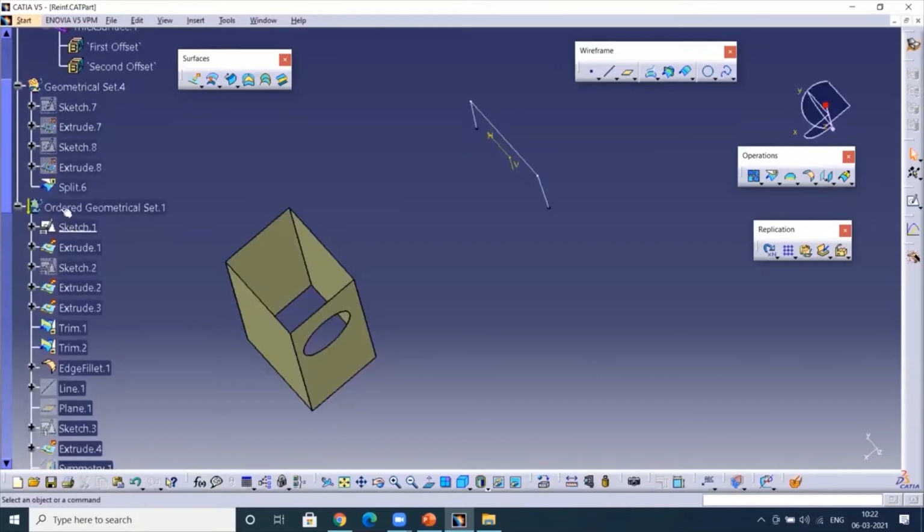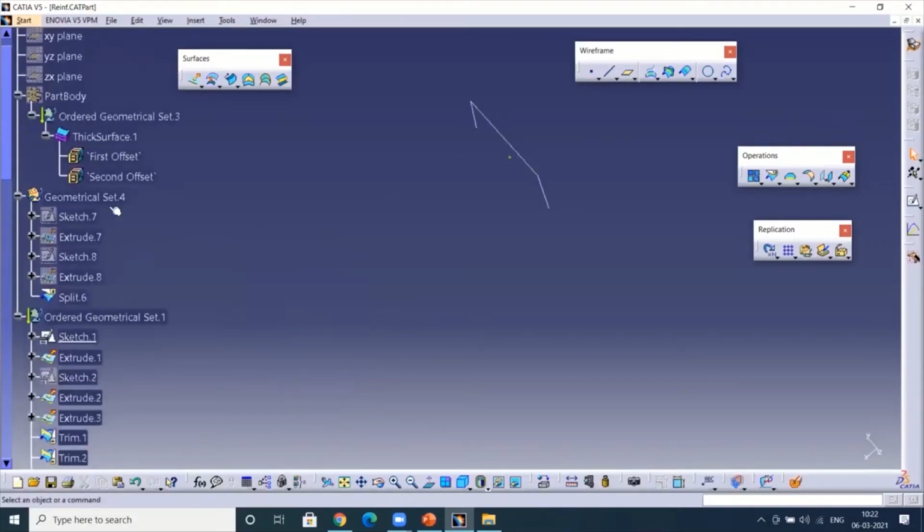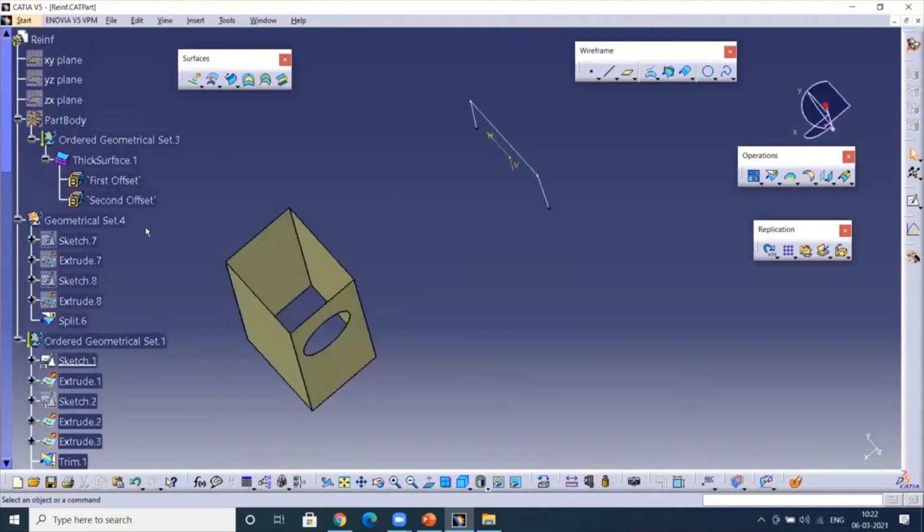For example, somebody working in plastics A to B surface conversion is maintaining the features in A class, B class, C class like that. For every feature they are using a separate geometrical set. They are creating under the ordered geometry, or fully they are maintaining geometrical set A, geometrical set B like that. I'm not sure about plastics, but in case of BIW or a sheet metal part,